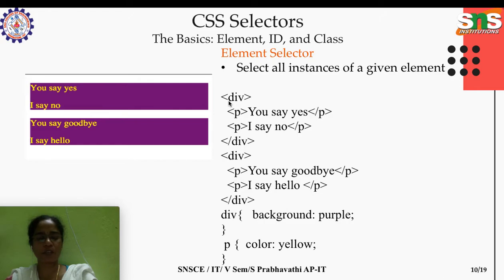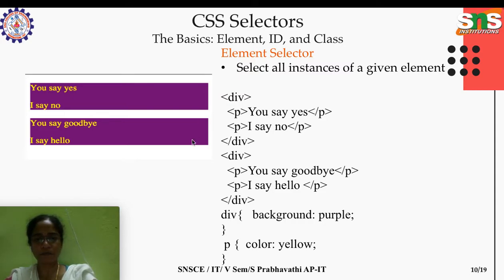There is a new element called div. It is used to provide a section, nothing more than that. It's like a wrapper element. Inside the div we have two paragraphs, so these two paragraphs are enclosed as one section. We can apply one style to this div and one style to that div. If we apply a style to a div, that style will be applied to its content, the two paragraph elements. It is mainly to provide a section, a division of the contents.